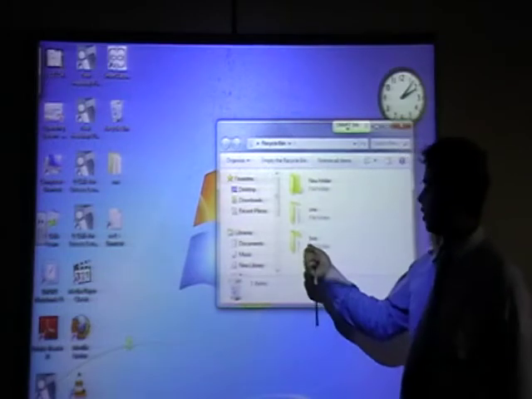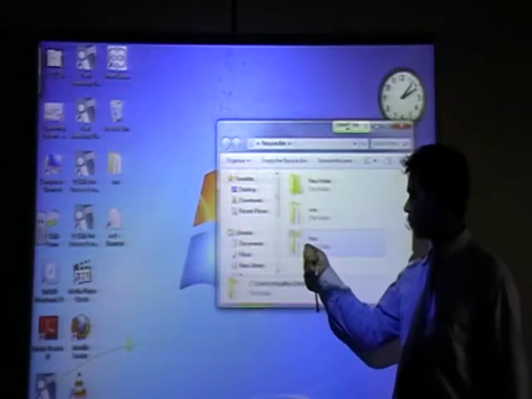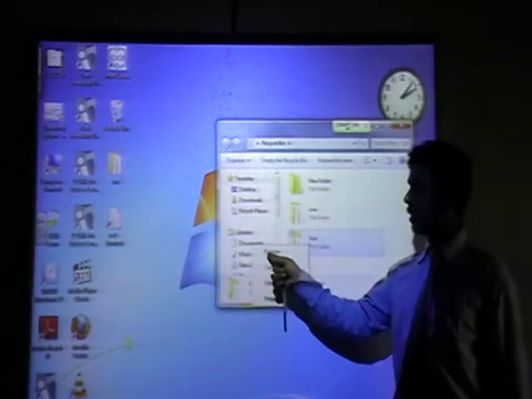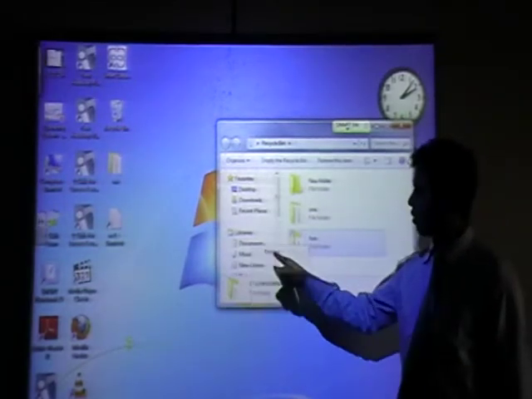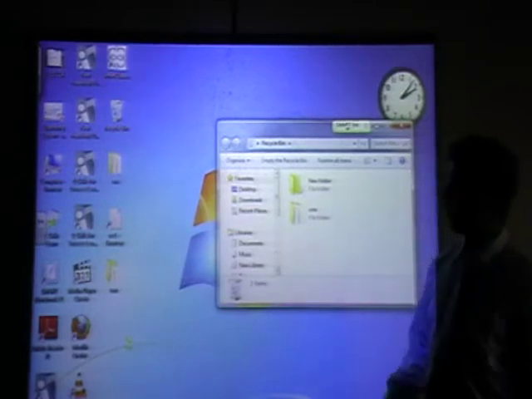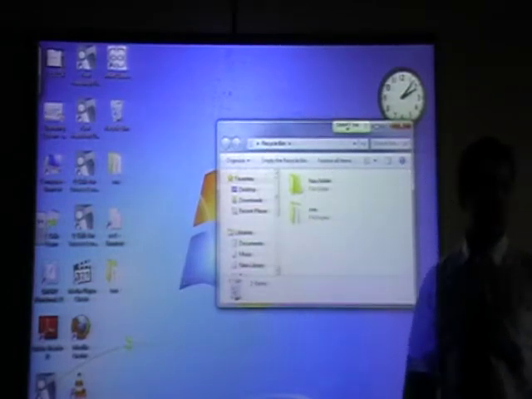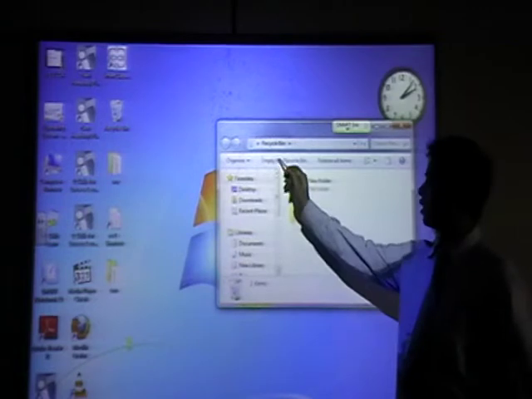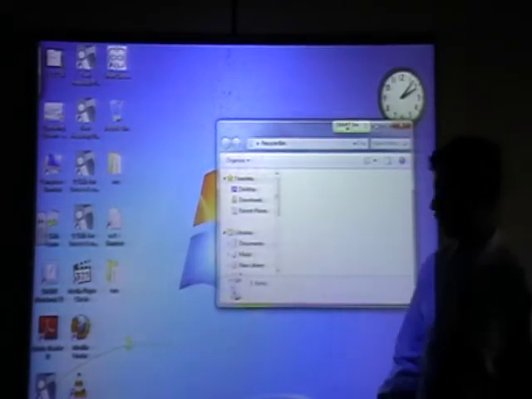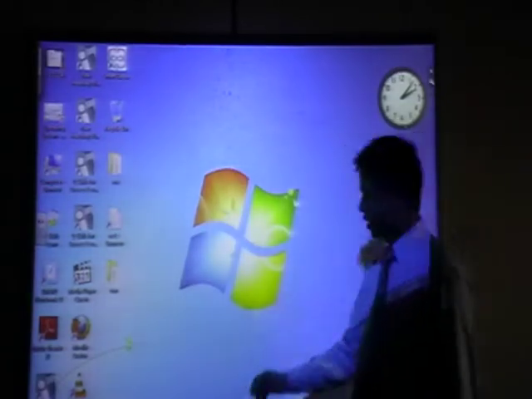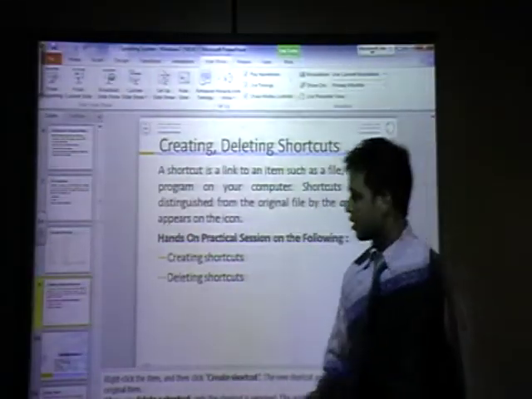Or you can right click and restore. Both methods are there. Now empty recycle bin. Empty means we will delete everything. Click on this one. Yes, it will be deleted. So this is the way to create and delete shortcuts.